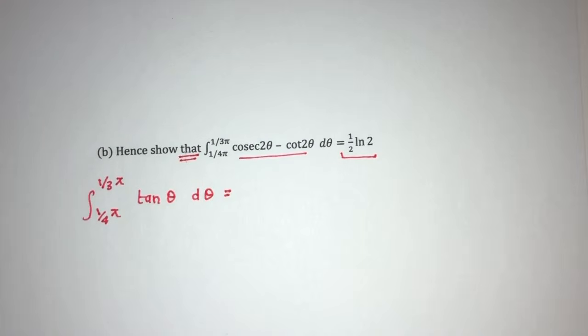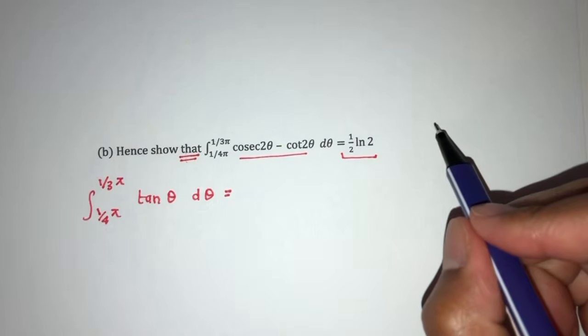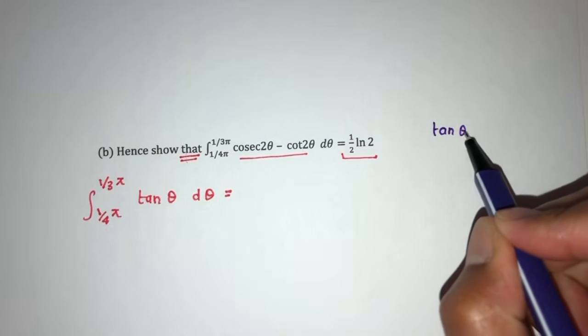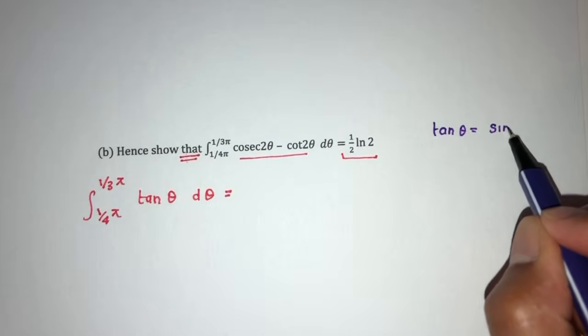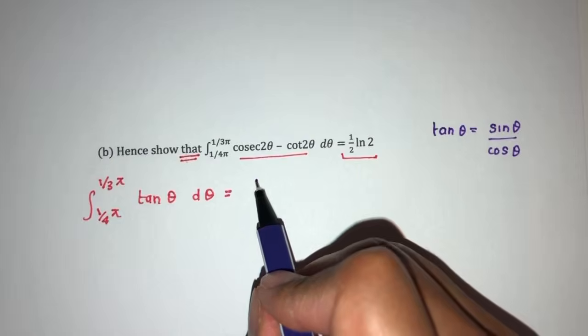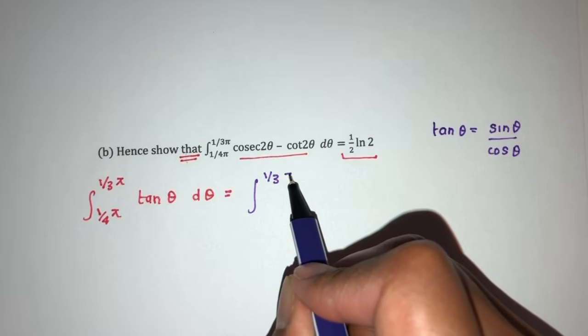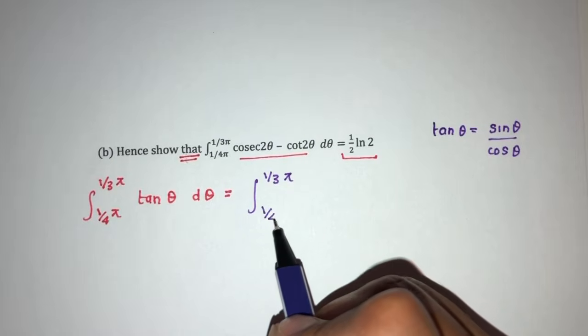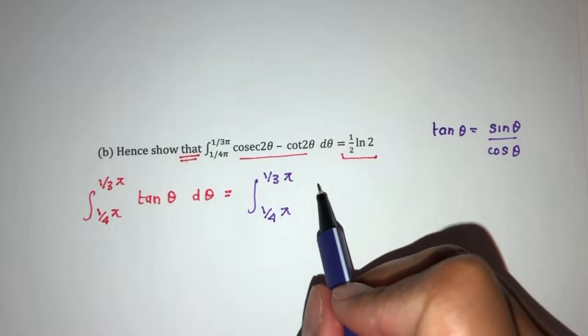I guess we can solve step by step if you want to, or we can do this directly, but let me show you step by step. Why not? What is tan theta? As we have seen, it is sine theta over cos theta. So let's rewrite this as this. Again, if you know the answer directly, you can proceed directly, but you can always show step by step